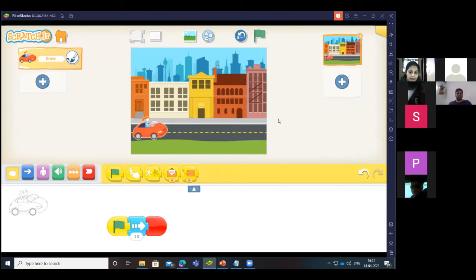One thing I want to say, during online classes, more of the students don't have the laptops or computers, and they can do it on their mobiles also. As right now, all of you are using your phones and tabs, so you are able to do this activity. So similarly, kids can also do it because all are not having laptops and computers. So this activity could be done very easily on the phone. I am on a desktop, but I have used BlueStacks. From there, I have installed this software, just like you use in your phone.